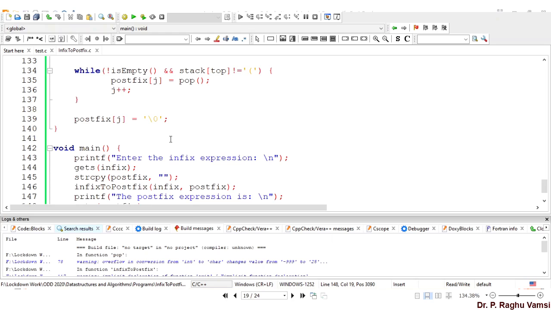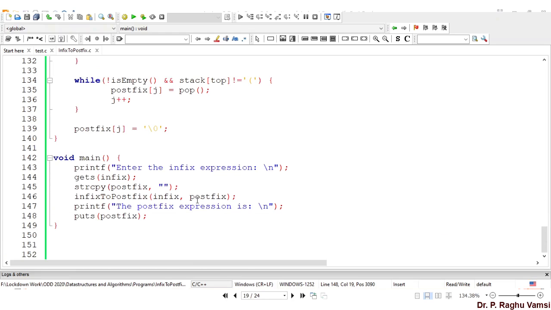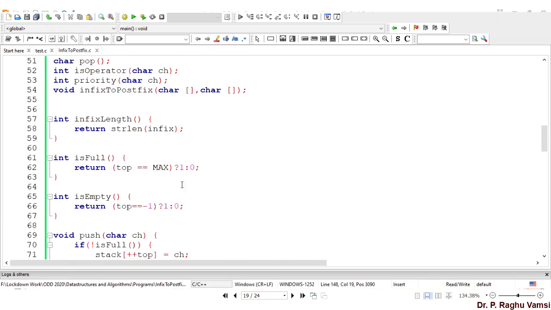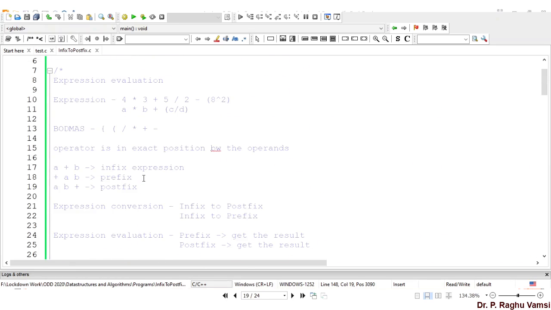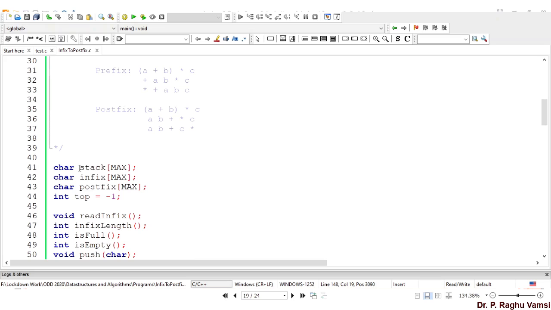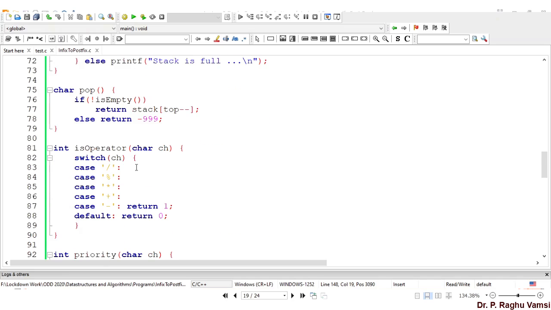So I did a small modification: instead of doing everything dynamically, I have used a static array, just converted from the pointer to array type, so that even beginners can understand this. That's the reason I converted to array type.